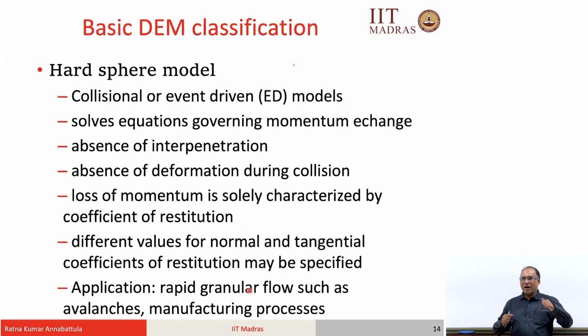That means, suppose the particles are coming in a head on collision, what about if they are colliding like that? So, this particle is going this way and this particle is coming this way and they are doing this kind of interaction. That is also a contact interaction. So, the coefficient of restitution in this case may be different from this case, right. You can specify that, and this is typically used for rapid granular flows such as avalanches, because otherwise calculating contact force and ensuring